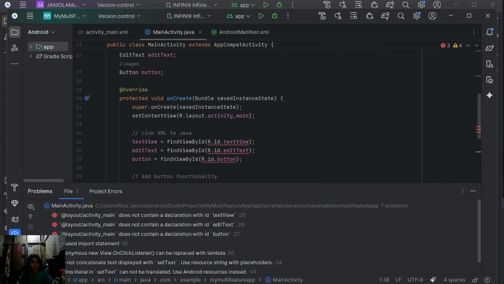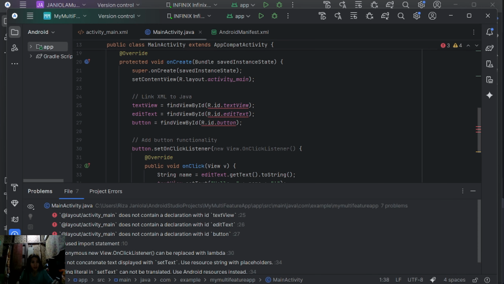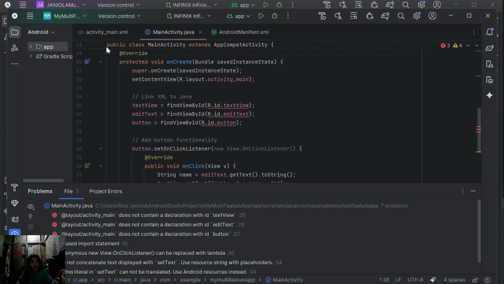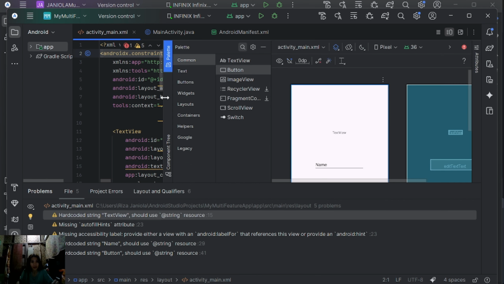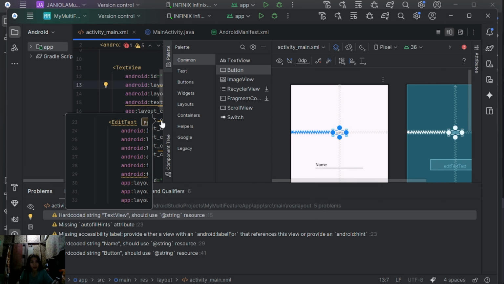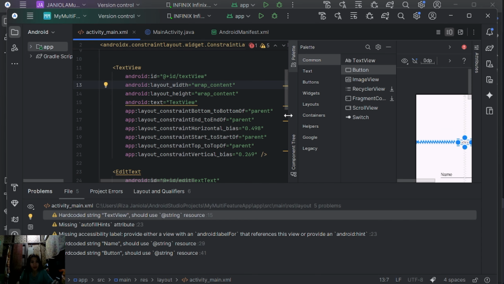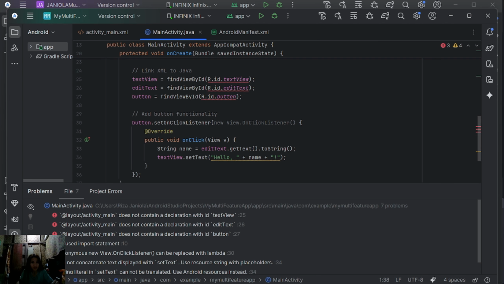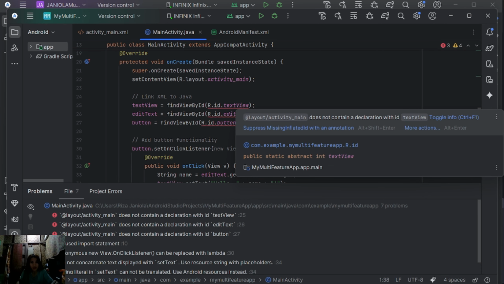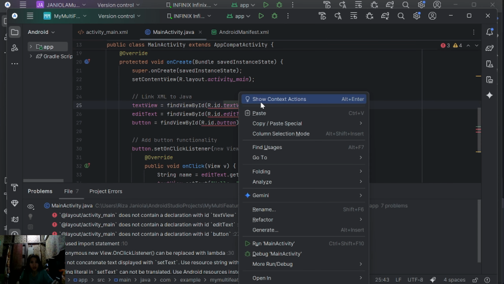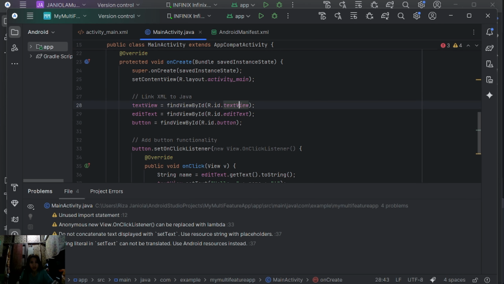So we have to find this error. D25. Wait. Alright, it's in 25. Alright.